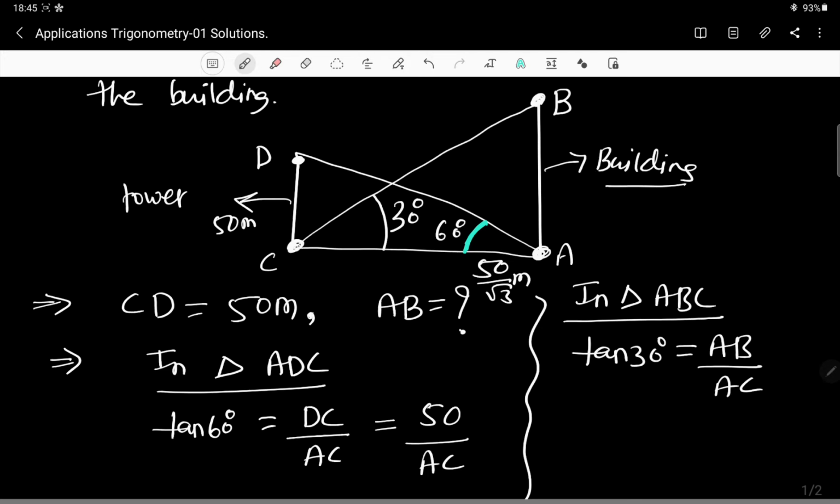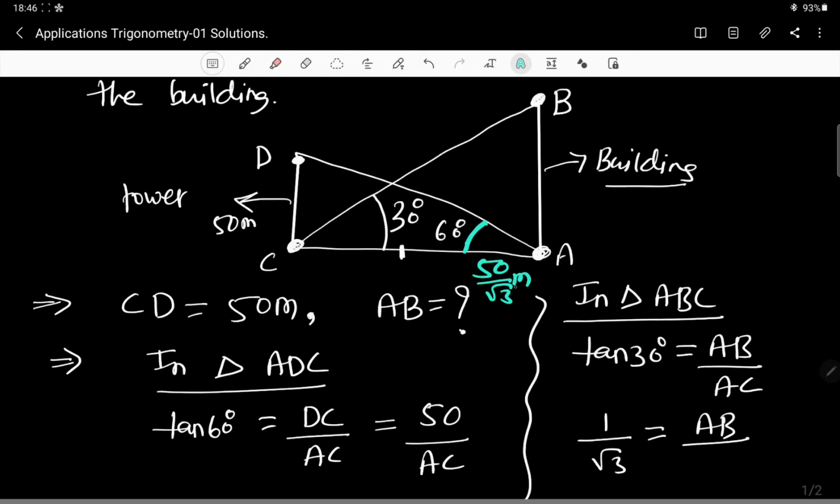All right, so look at this, dear student. This is quite simple now, because anyhow I want AB, right? And already this AC is known. So why have I calculated AC? Because I want to apply that tan 30 degree in this triangle ABC. So that's why I found out this AC before. So tan 30 means 1 by root 3, and how much is AB? We don't know. And what is the value of AC? AC we have just calculated, no?